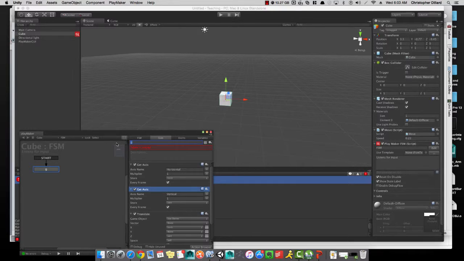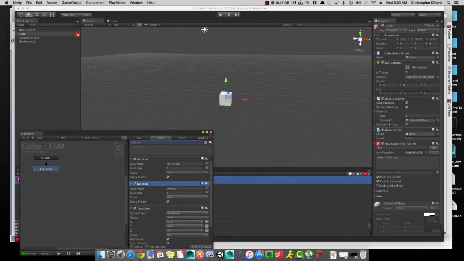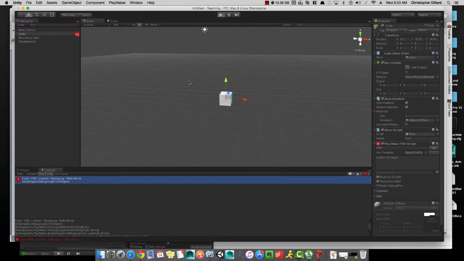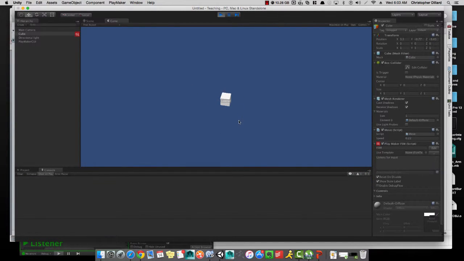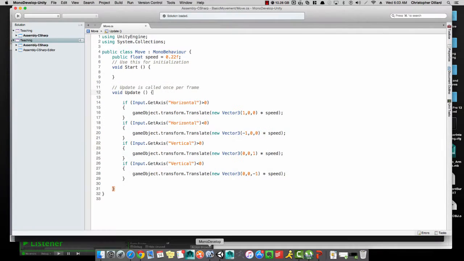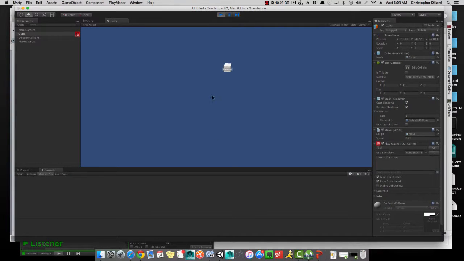And I must have accidentally deleted that. Alright, so now if I hit play, we have movement. Exactly the same as all of that complicated, not complicated to me, but for beginners it looks a little bit overwhelming. Same code, no problem,